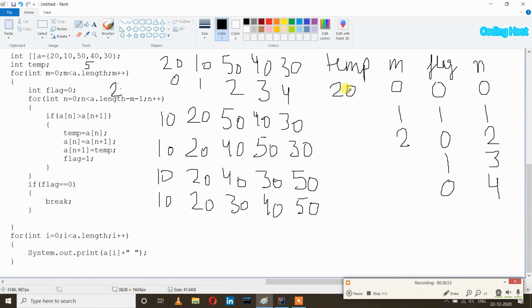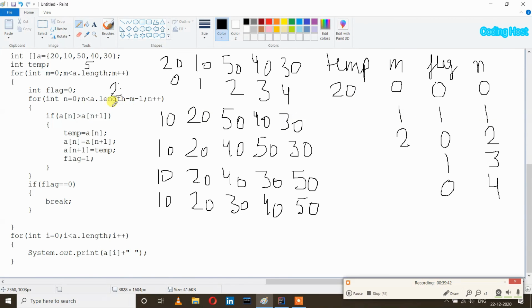So you can see here that we are only using a single temp variable to swap the values of the array. We are not using another array in this program. So we are only using a simple temp variable to swap the elements of this array. So that's why its space complexity is 1, and we are using this flag variable only to break the loop. So it is not counted in the space complexity. So only this temp variable is counted in the space complexity. So that's why the space complexity of this algorithm is 1.